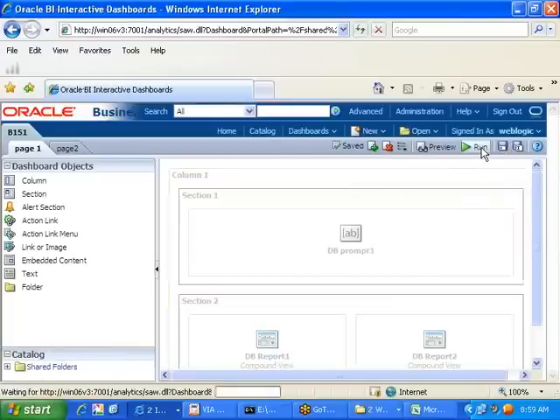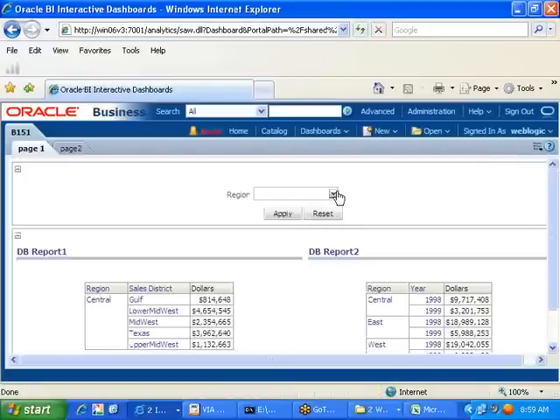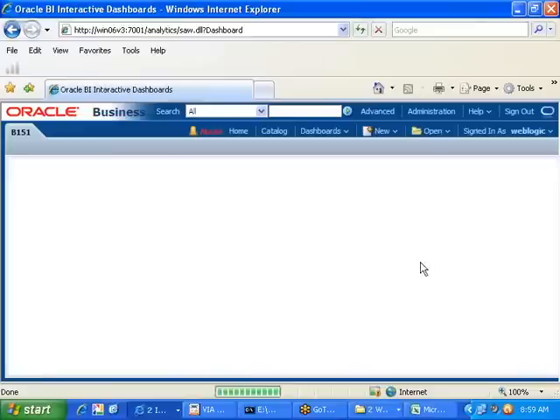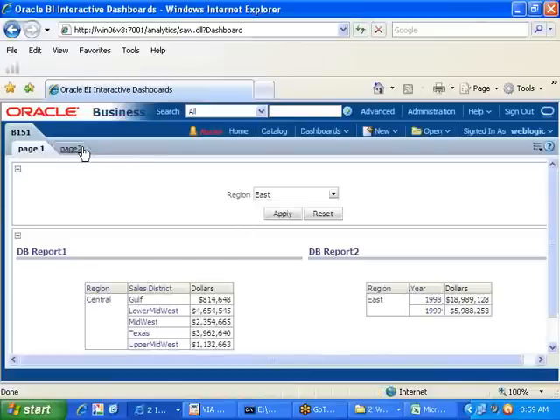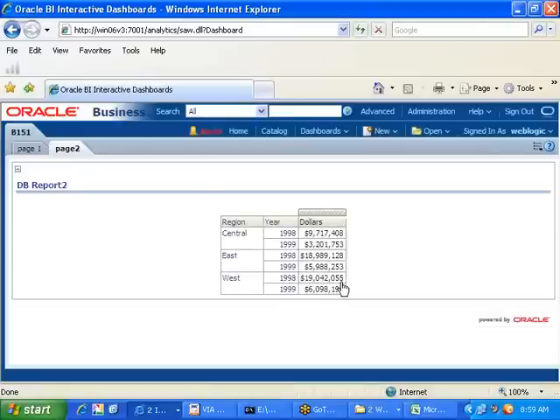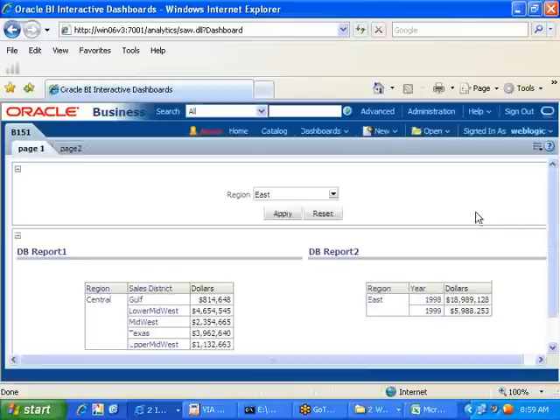Then I am running this one. If I change this to some value, let us say East, and I click on apply, then it is changing as East. But if you go to page 2, is it changing, sir? No. Based on the scope, whatever you are seeing here,